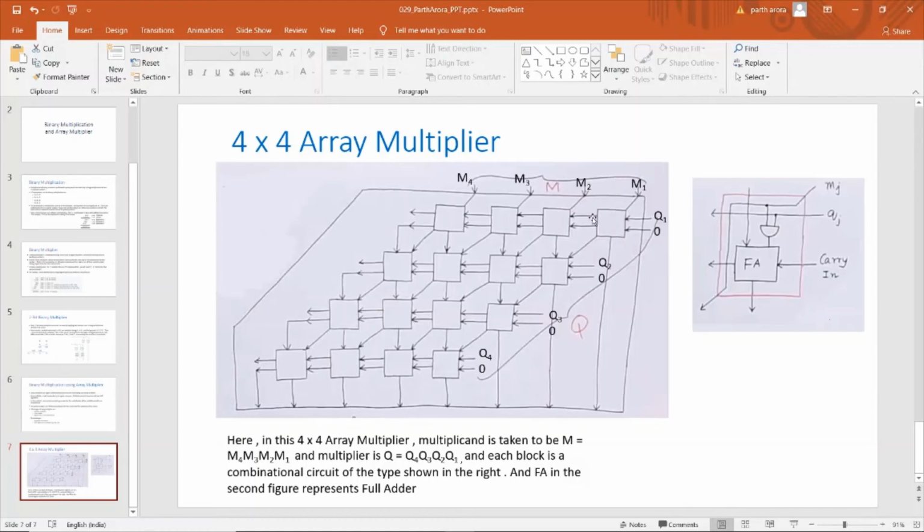Its output will be q1 here and the carry output from this box will be passed onto the next box. Then this will also give output q1 to this box and carry output from this box. In the same way, each box is having inputs m2, m3 and m4 too.